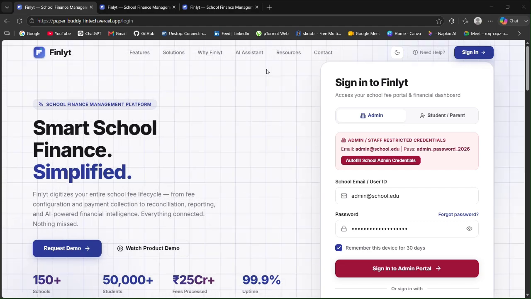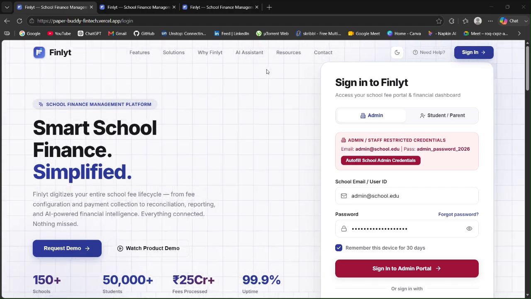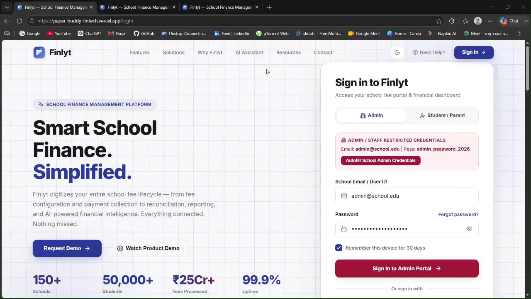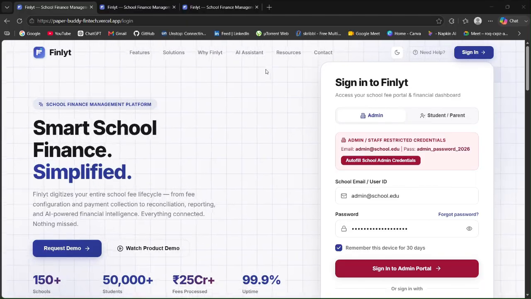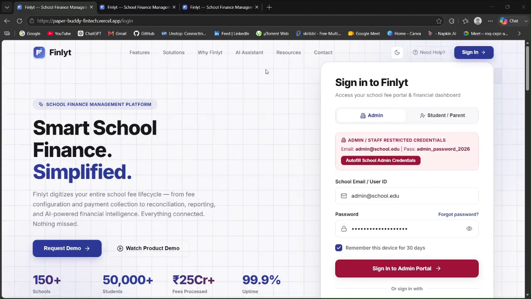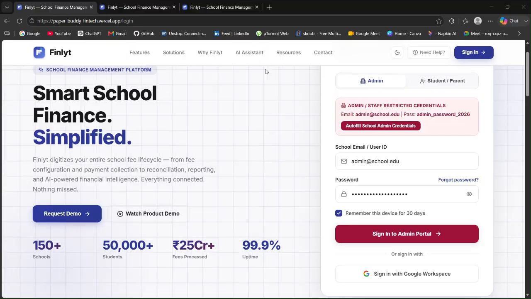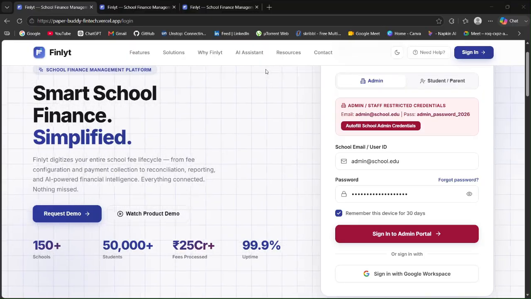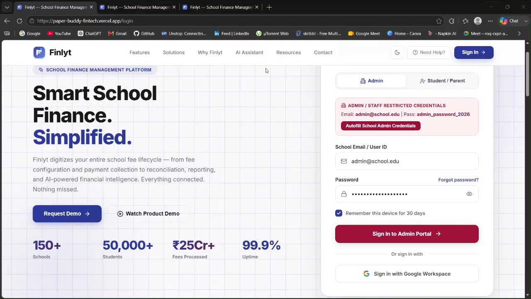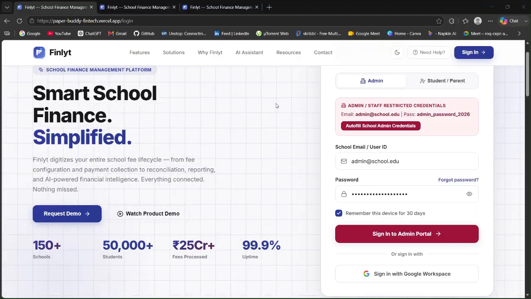Arosa, and for the Paper Buddy Hackathon under the Smart School FinTech Challenge, we present to you Finlyt. Finlyt is a modern school finance management platform designed to digitalize the complete fee life cycle. It enables schools to manage fee structures, collect payments through UPI, cash, check, and bank transfers. It automates reconciliation, generates real-time financial reports, and provides a seamless experience for administrators, accountants, parents, and management, all in